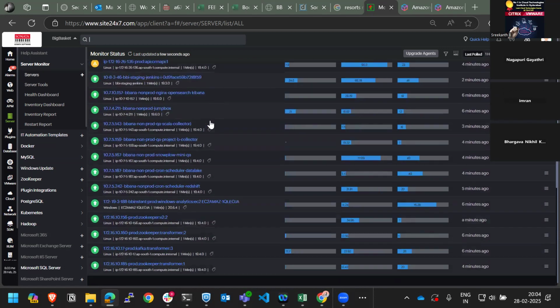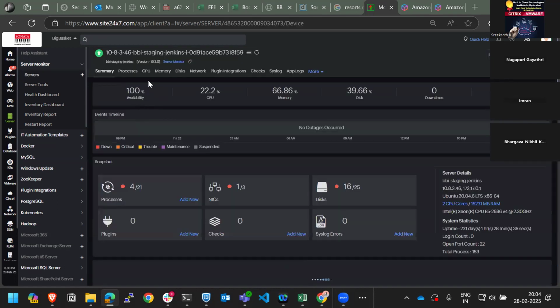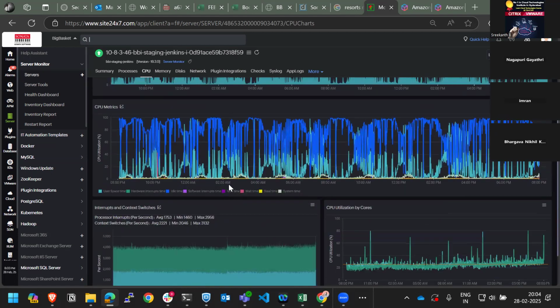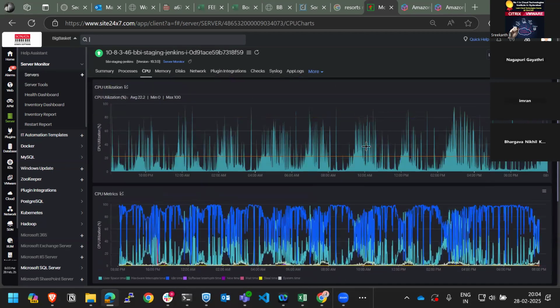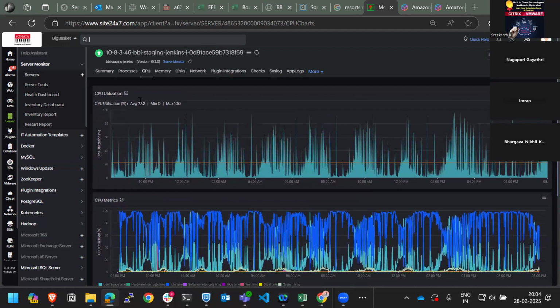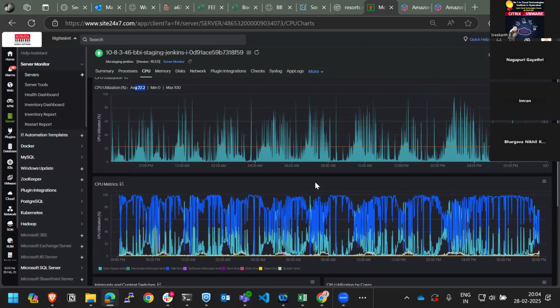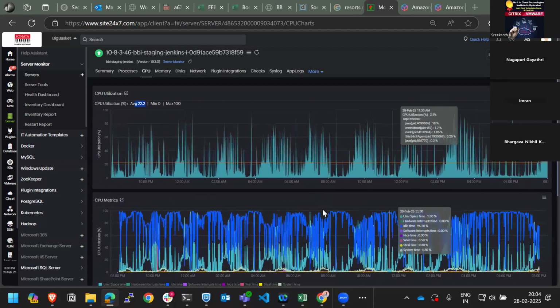So suppose I take a running server, I can see the CPU utilization here. The average CPU utilization is 22.2%. The maximum is 100, but my average is 22.2%. Got it, right? This is on a dashboard, a graphical representation. See, every minute you can get the metrics here. But if you go to the server,